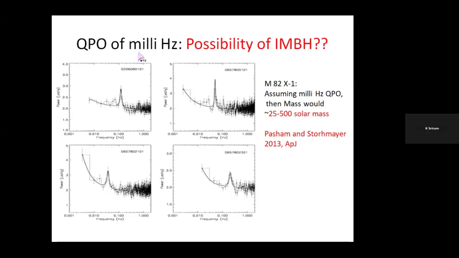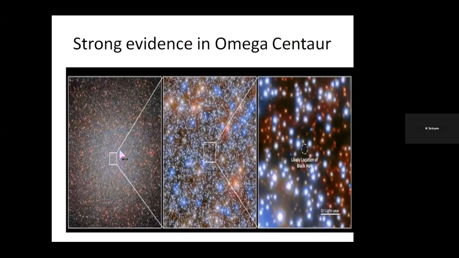This came in Nature last year. You can see this is a cluster, one of the biggest clusters in our galaxy. This is known as Omega Centauri. I'm sorry for the spelling mistake. It's a very big cluster, densely packed with hundreds of thousands of stars. Generally these clusters are spherical in shape, and they always stay close to the galactic center.